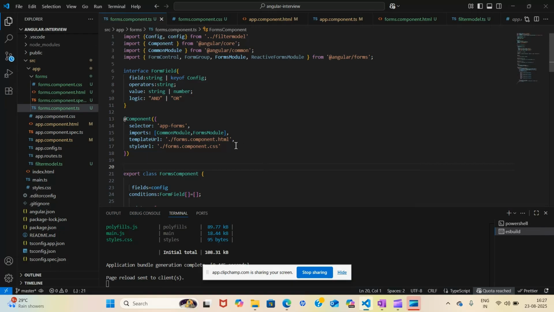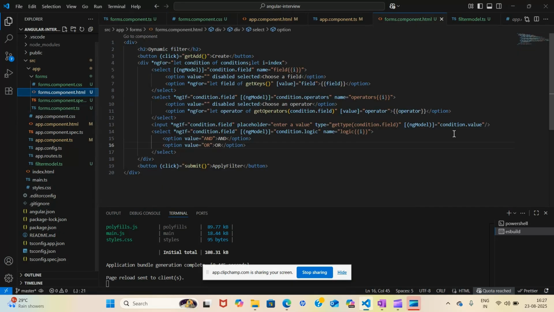So for this, in our HTML file we can change over here. This if condition, I can set it like this: if my i is less than conditions.length minus 1.